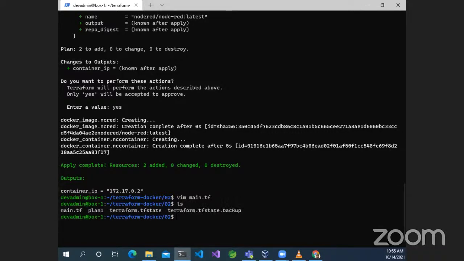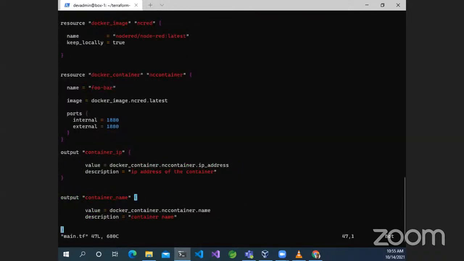I have modified the script. This is what I did, the same way that the tutorial author did. So my container name alias is NC container. So I have defined two outputs. One is container_ip, the other one is container_name. The value for the first one is docker_container, that is coming from here, and NC container is coming from here, and the IP address. And the container name, docker_container.nc_container.name. Let's try to